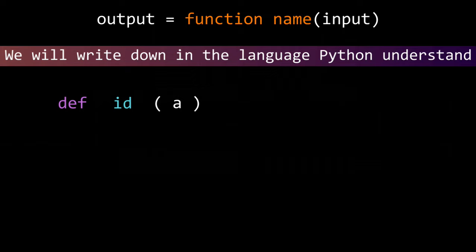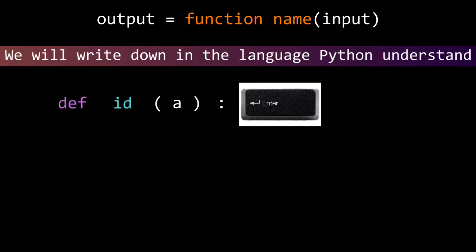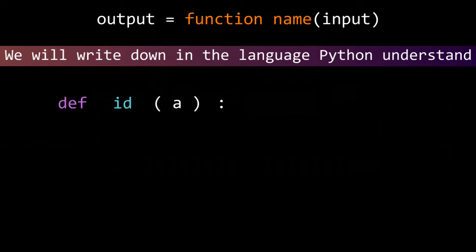And you know that when there is a colon, you have to press enter. When you press enter, concentrate on the cursor on the next line. The cursor will not go to the beginning.